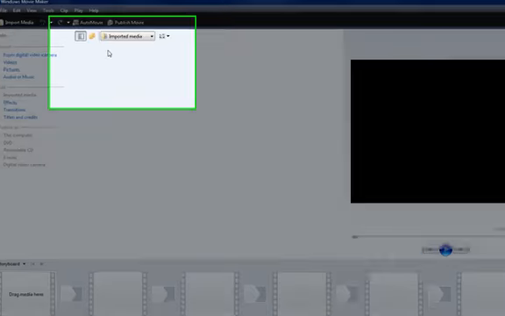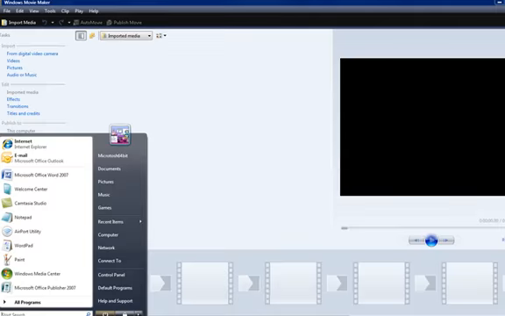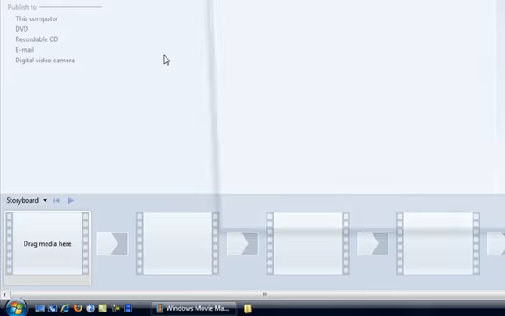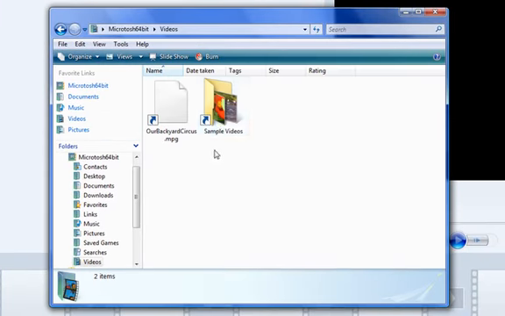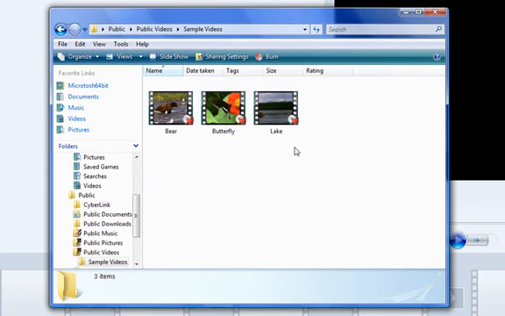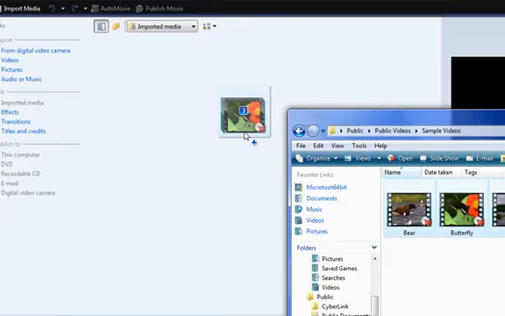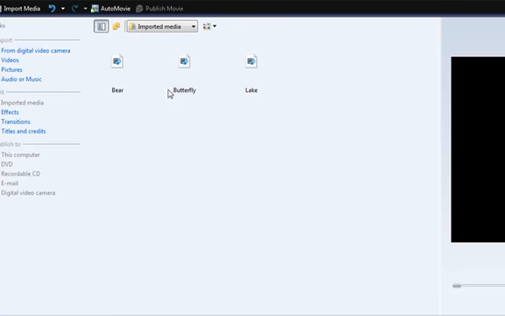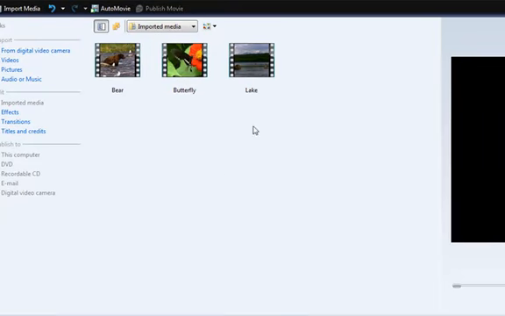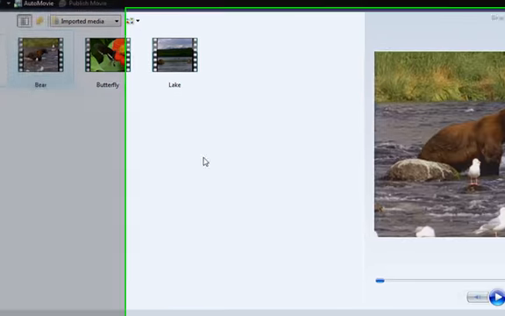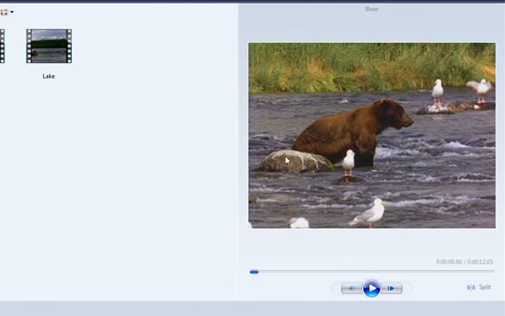I want to import some videos, so I'm going to go to the generic videos that come in Windows Vista. Here are some sample videos that you get in Windows Vista. We're just going to select all of these by left clicking and dragging, and we're going to put them in this media pool in here. Now we can preview these videos in this preview pane